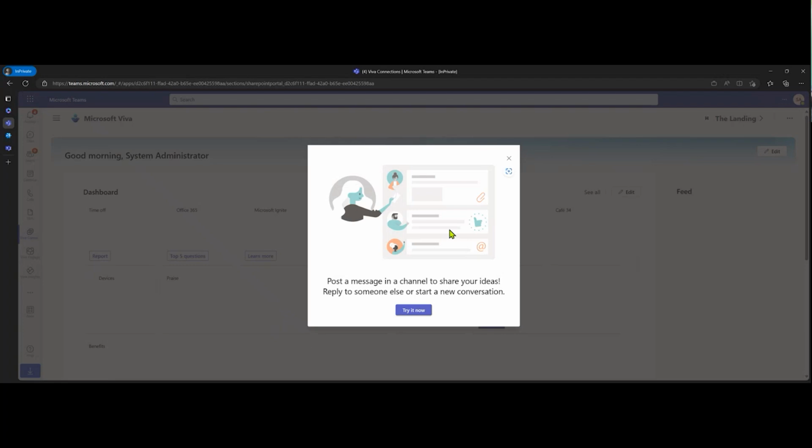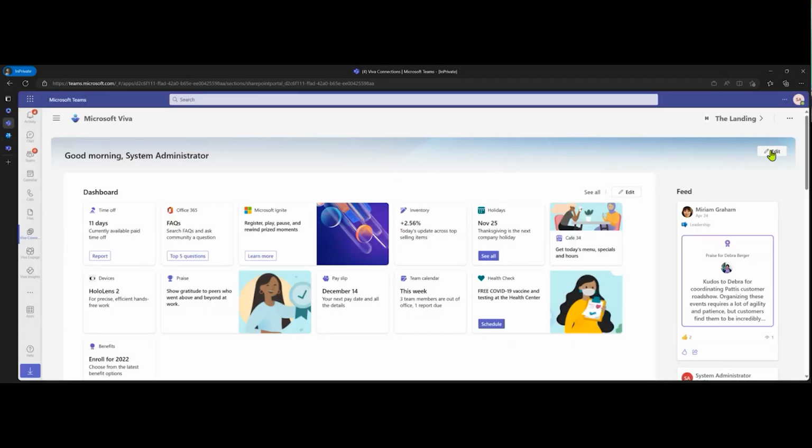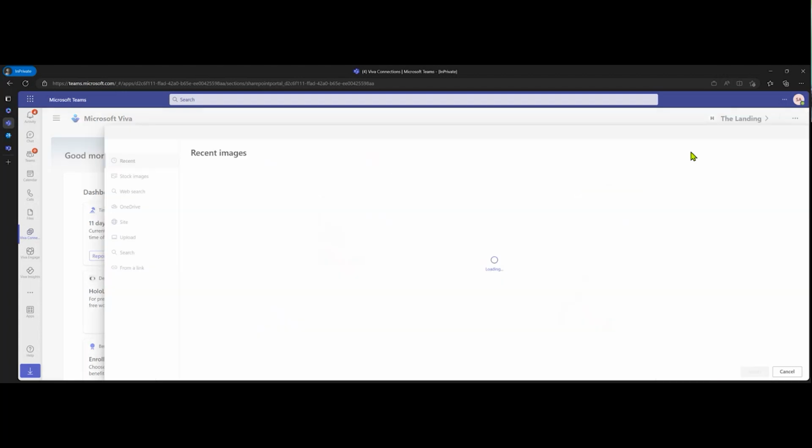All right. So you can see here, we're still using the default logo, default colors. This environment hasn't been customized at all. I just built it a few days ago. And so if we click here, the other thing we have available that's done through the app itself and not through the admin center is you can change the background image.